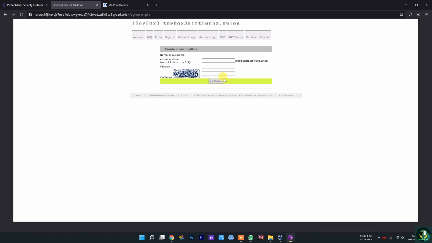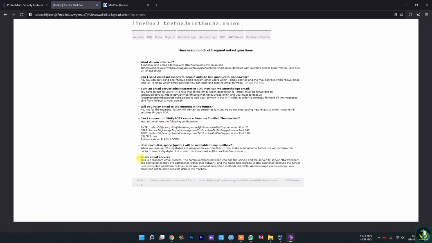And you might be asking, what type of security do they use? As you can see, this is the standard email system. The communication between you and the server, and the server-to-server MTA transport, are encrypted as they are established within the Tor network.